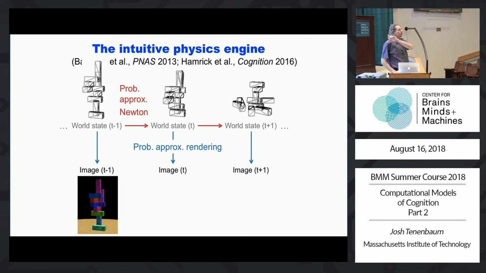So this represents one posterior predictive sample of my probabilistic physics engine, which would say for that scene, I think that the blocks are mostly going to fall over. So it's very unstable, right? Now, with one sample, you can make a guess. You can't be confident, or you don't know your confidence unless you can take a few samples. In the work we did here, we asked people to make a 1 to 7 judgment, for example. 7 means I'm sure it's going to all fall over. 1 means I'm sure it's going to all be stable, and intermediate numbers are intermediate things. And we estimated that people took around 3 to 5 samples.